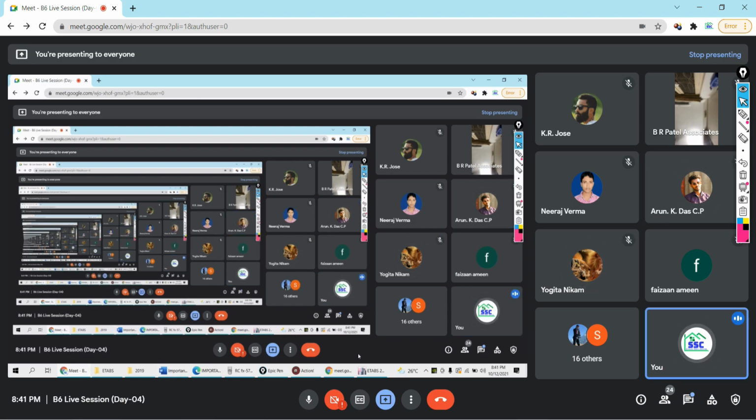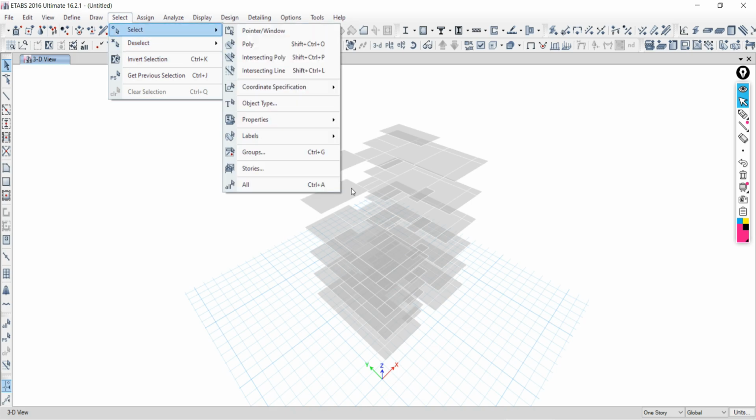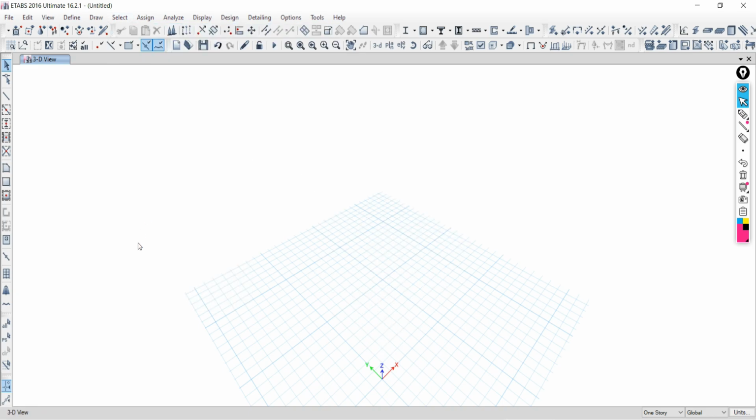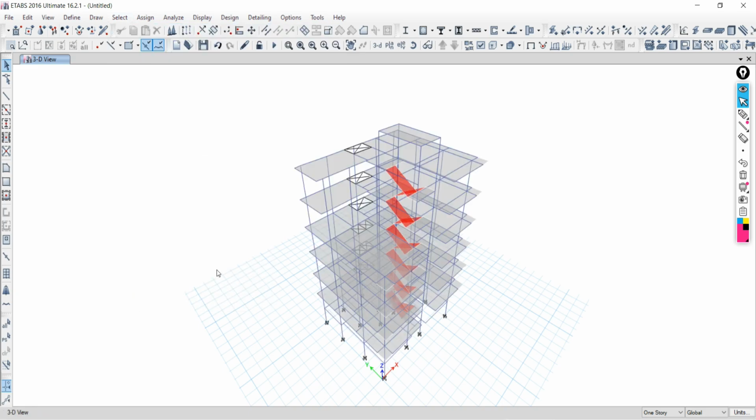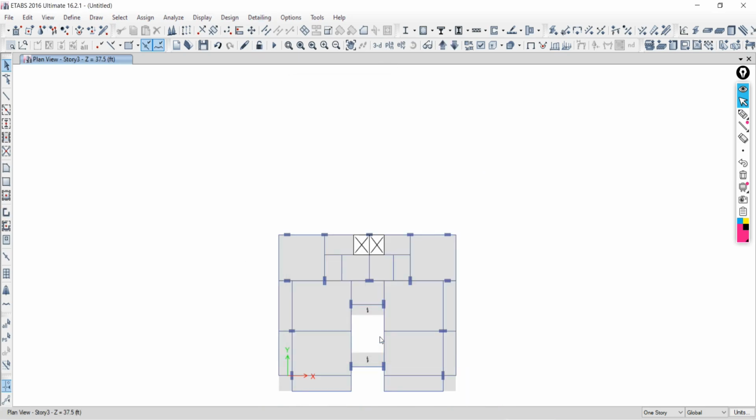Now coming back to the next point. I think in select I have covered all the things. One more thing: just right click, show all object. Now I want to select the third story, and whatever things are present at the third story will be selected.